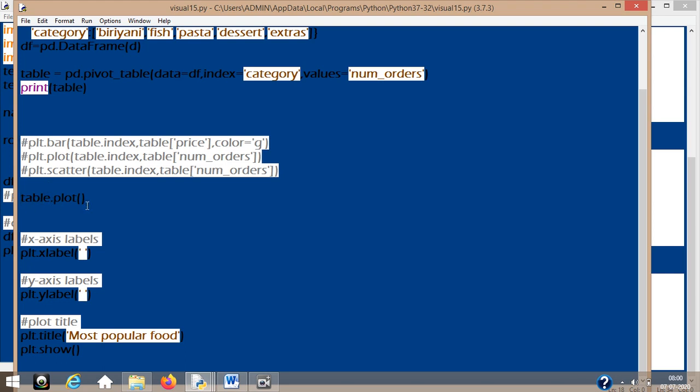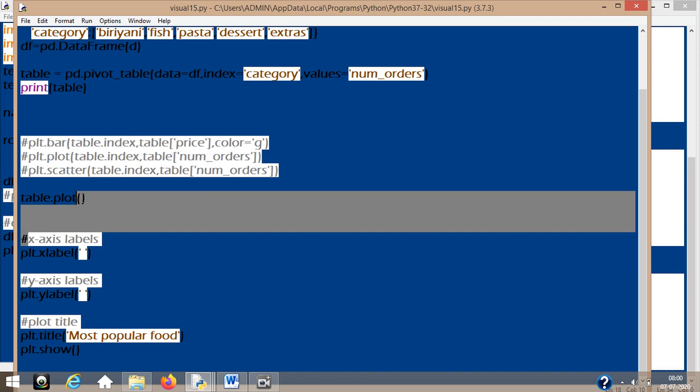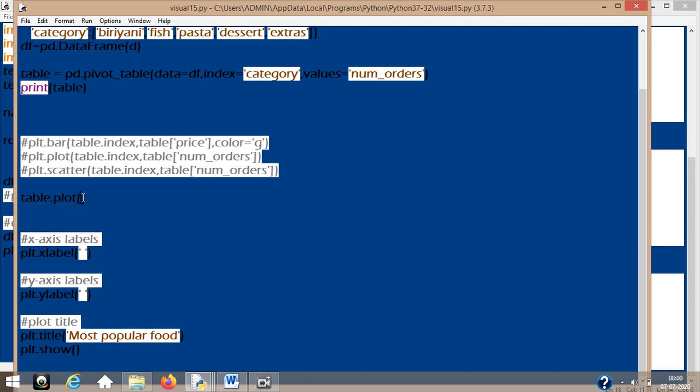That is because if I am going to show you with table dot plot, it will be the same explanation which I gave in the last video. What we did in the last video was using a data frame. I had given x-axis, y-axis as a list, multiple bars. The same concept can be given here with the plot function which I introduced with your table, that is your pivot table.